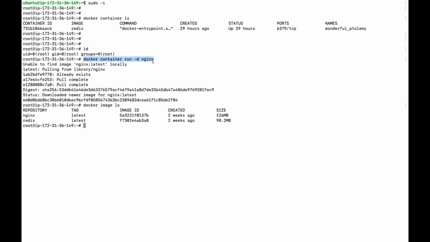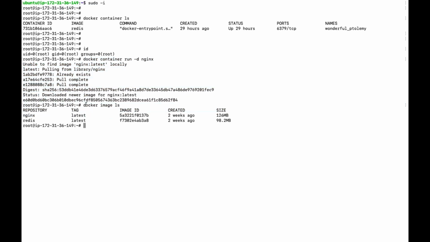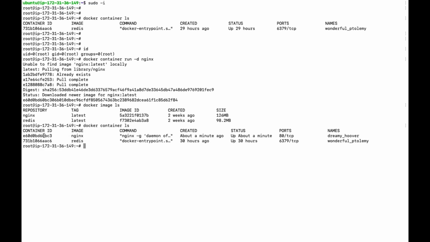The docker container run -d command runs a container for you. If the image is not present locally, it first downloads the image for you and then runs the container for you. So docker image ls is the command to see whether the image has been downloaded, and yeah, we can see that the image has been downloaded to our host operating system. Now we can see whether the container is running or not using the command called docker container ls. And if you see that command, a container with this id, based on the nginx image and with the name